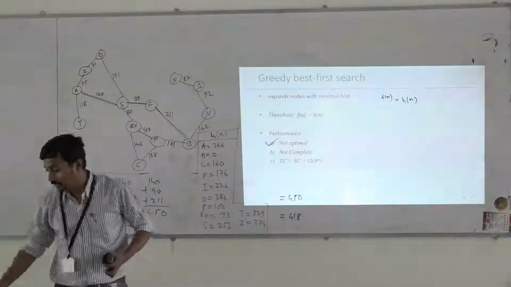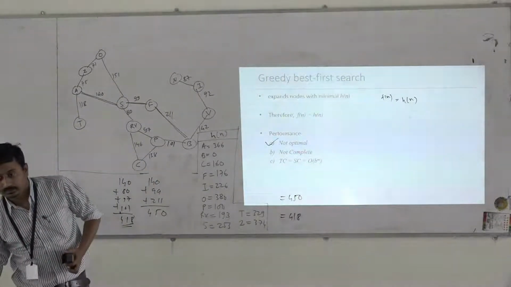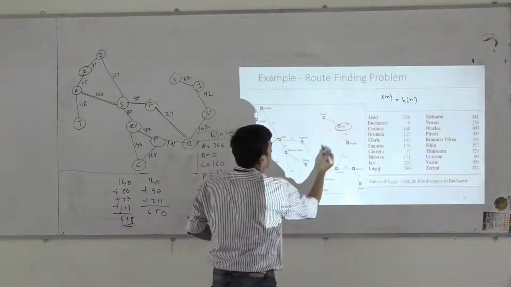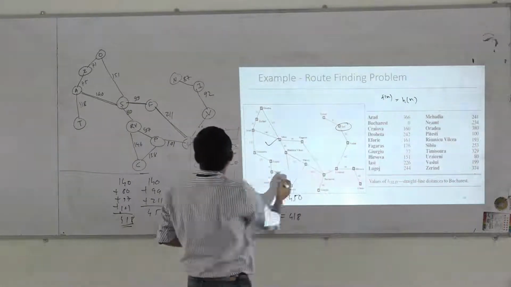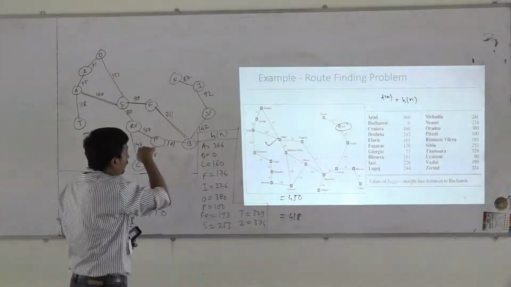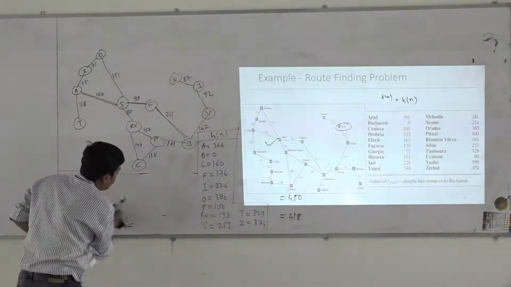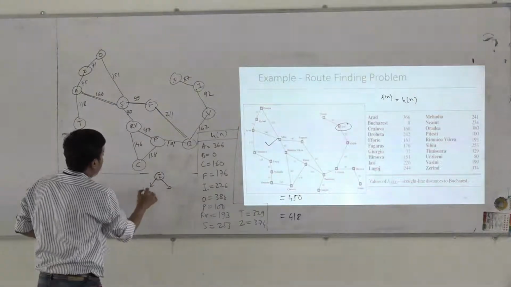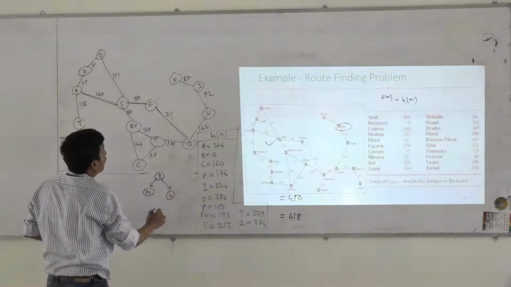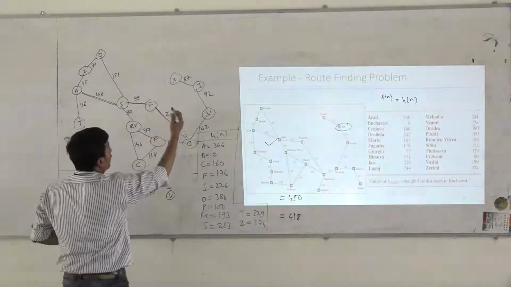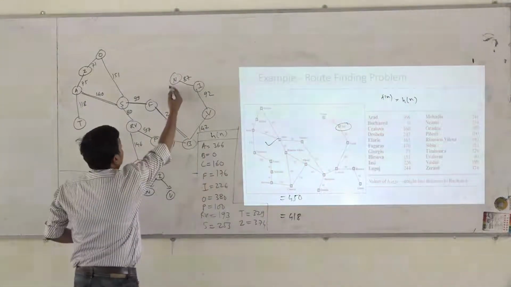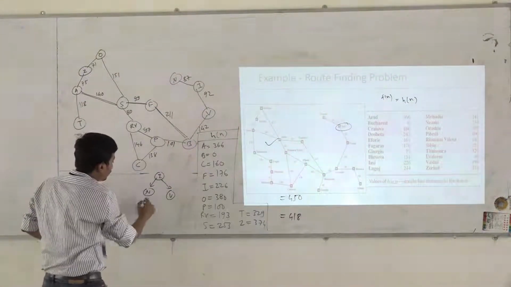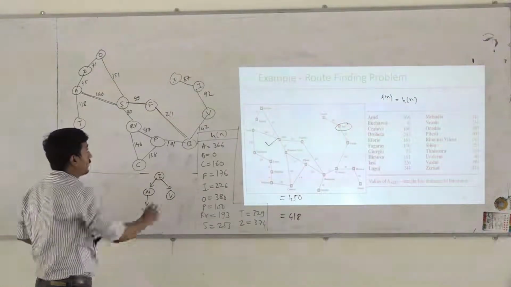And it is not complete also. So let us see this example, from this diagram only. For example, if you want to go from this I city to F city, from I two nodes are possible: we have N and we have V. From this diagram it is clear that if you use the same heuristic, the straight line distance between F and N is smaller as compared to F and V. So you have to expand N only, right? But actually it is a dead end.